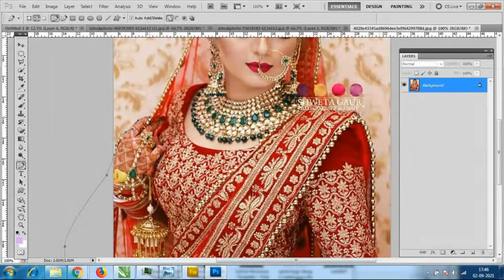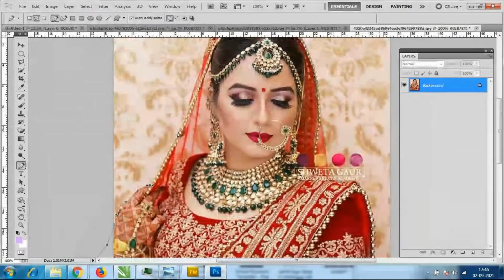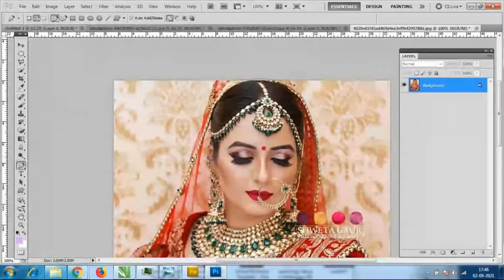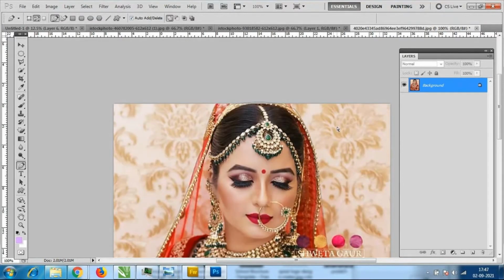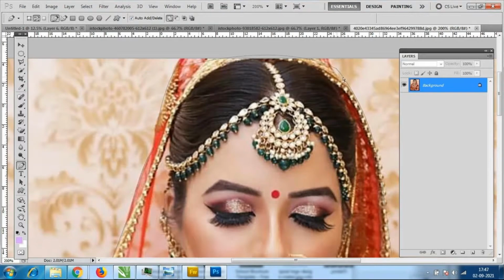See the detailing things when you have to do the detailing work. Okay, you can see the works in the Amazon and Flipkart, whatever the product designs we are doing now. So those designs you can see it. So they will do with this tool only. Okay, Control and see here. Suppose you want to do any changes, Control and you can select it like this. Otherwise, you can go to the convert point tool and you can do the modification. See how much ever you want, you can do the modification.